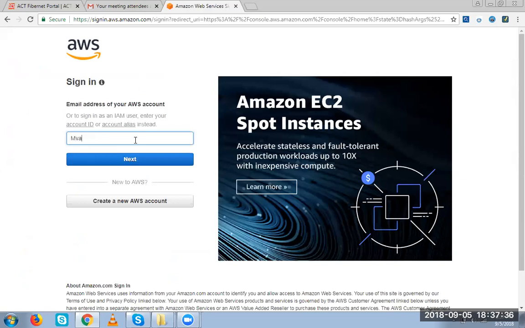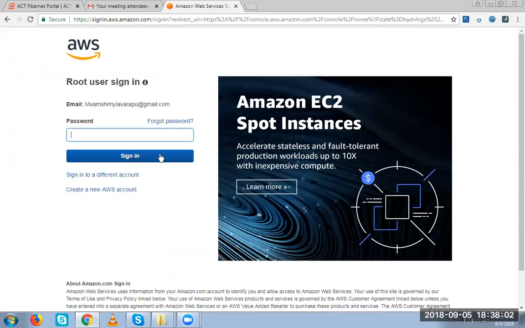This is the mail ID. Remove your password. It's M caps Vamshi